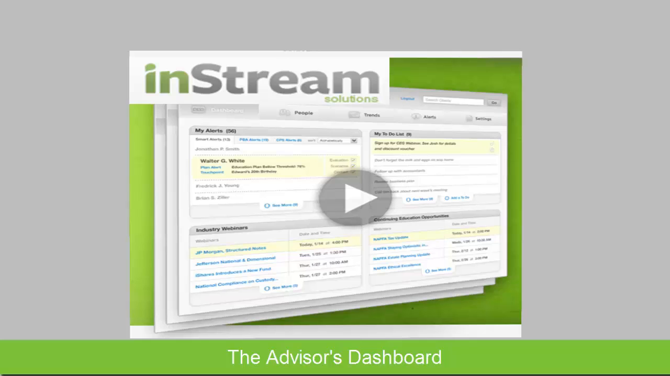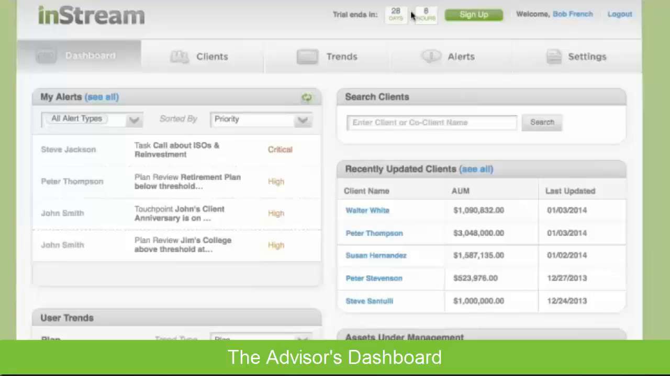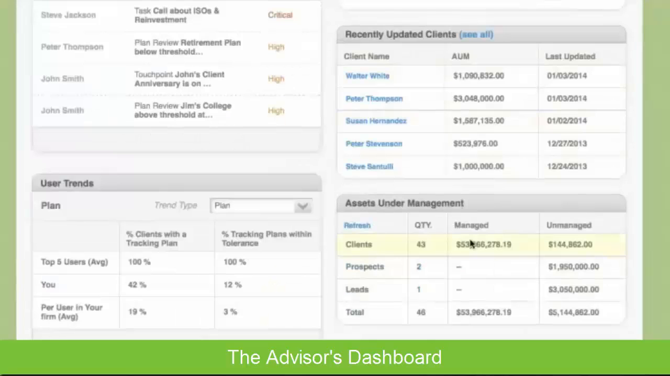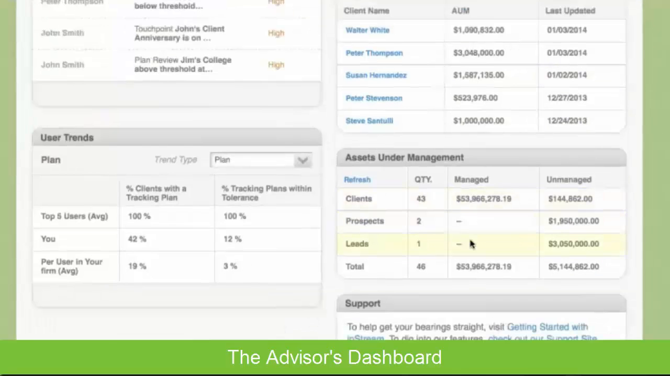This is really logging in. This is really the virtual home base. This is the hub of InStream. When an advisor logs in, this is their dashboard, and immediately what you can see is kind